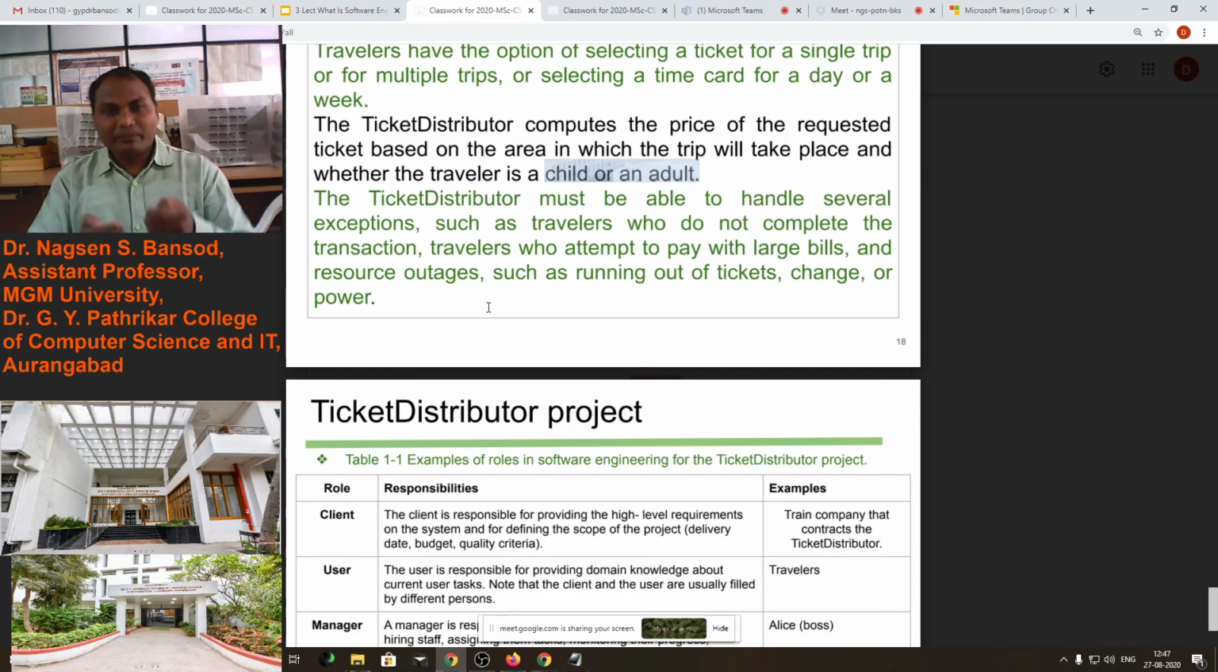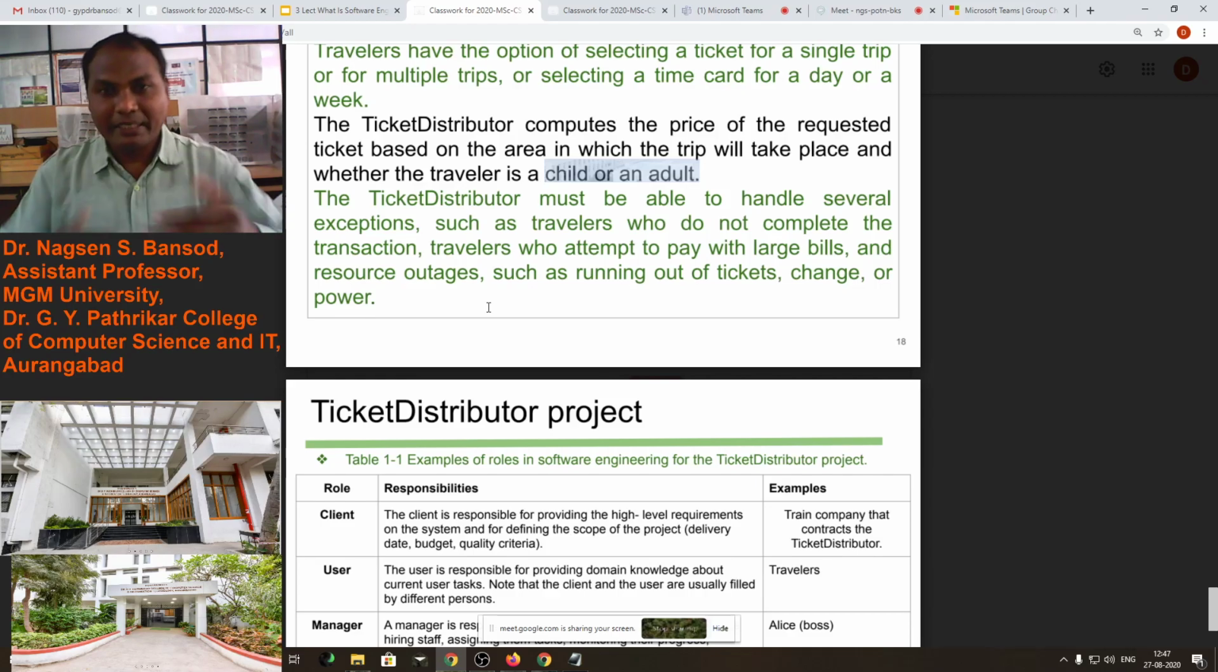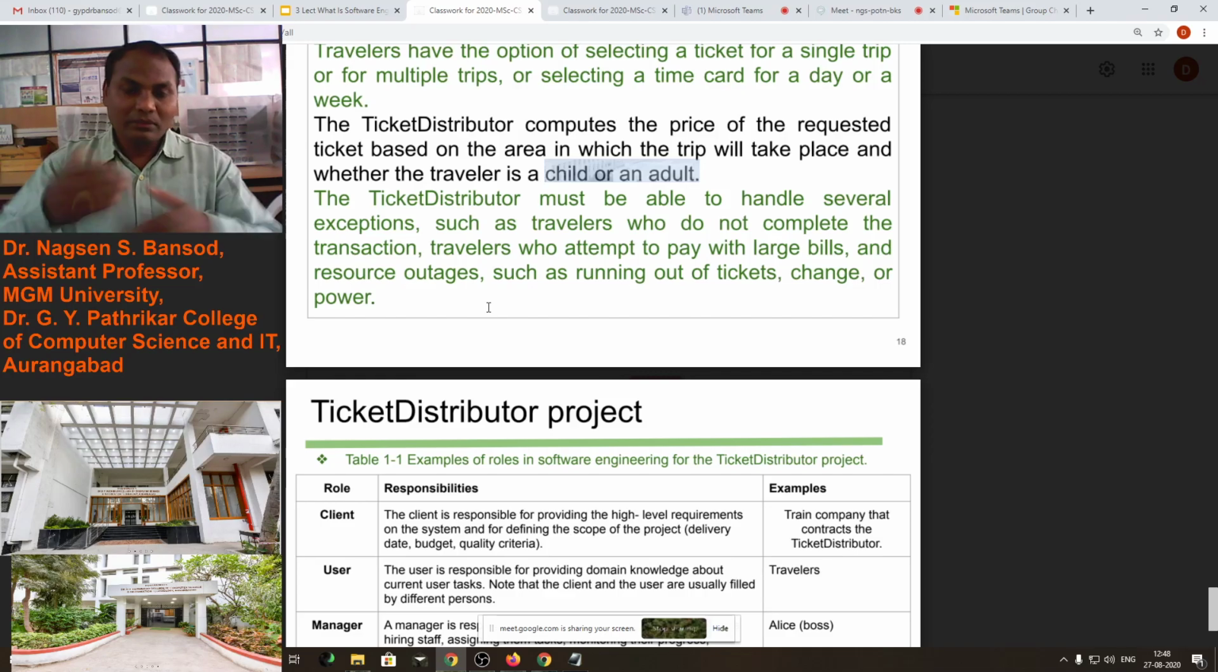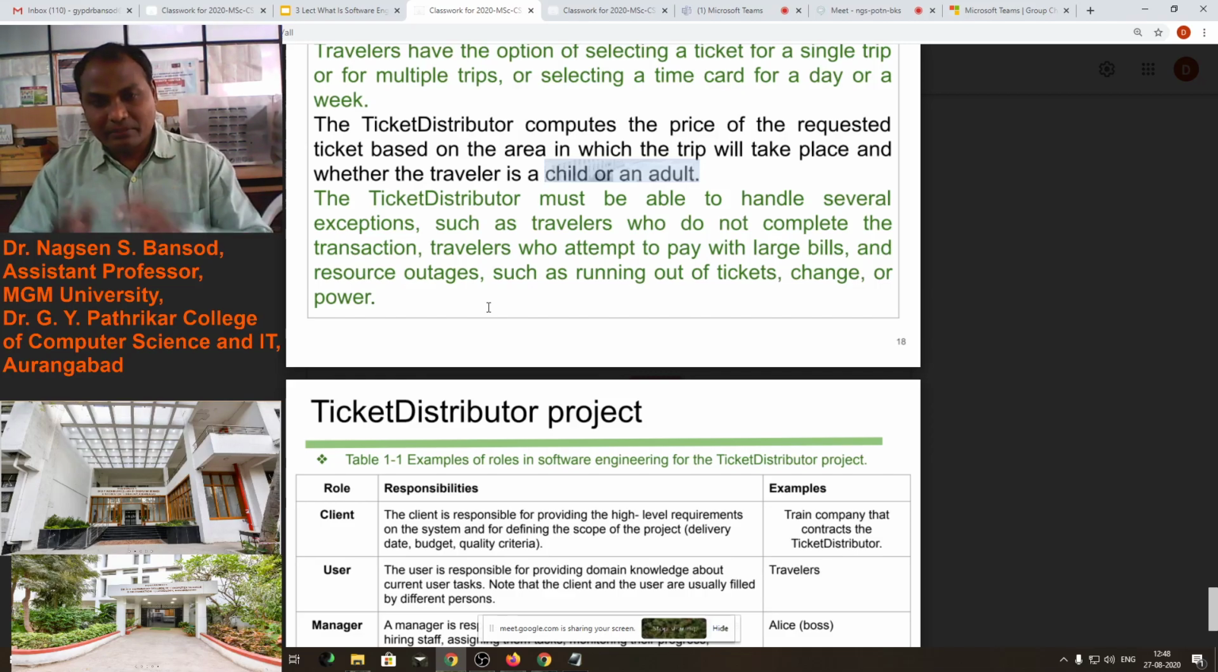Sometimes the ticket distribution machine will not provide sufficient tickets to the customer. Sometimes there may be a problem in the machine and the ticket will not come out, or the paper of that machine will be